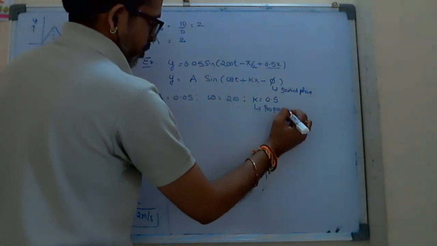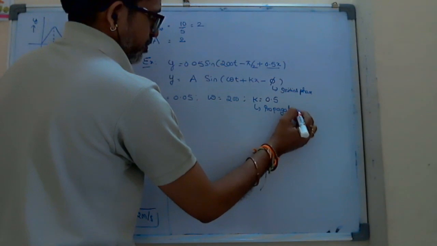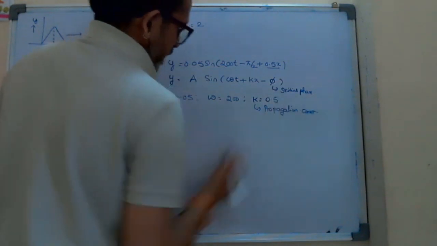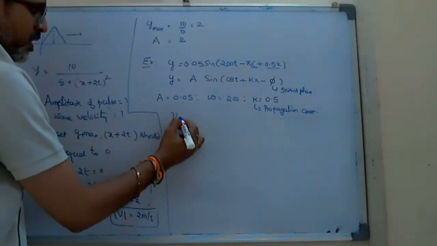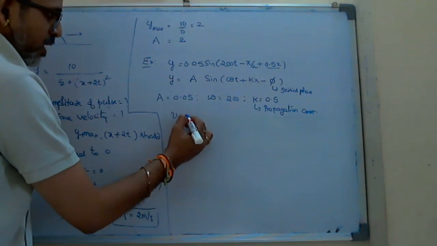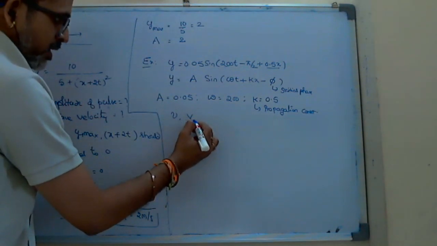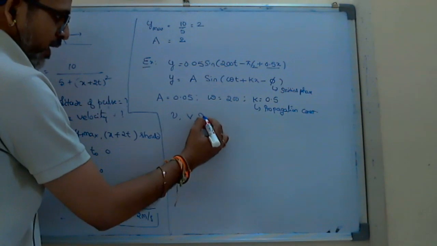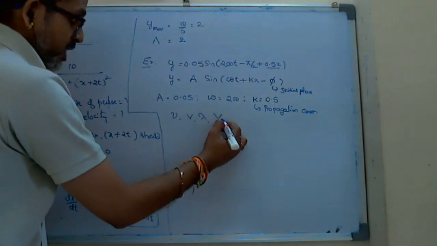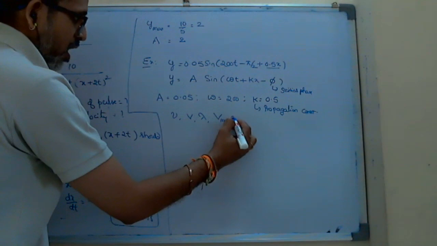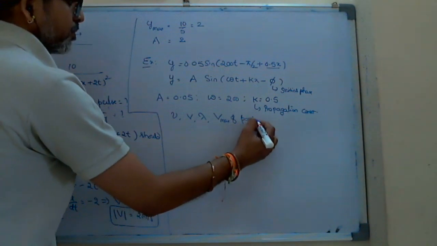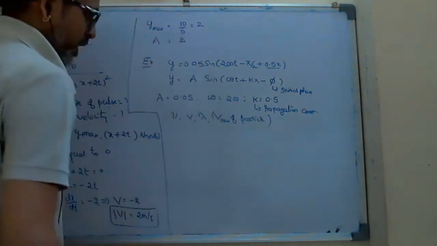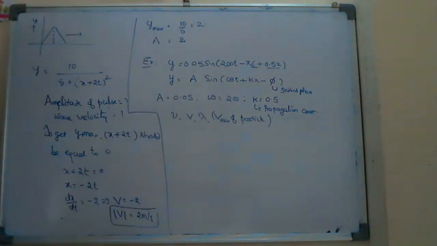Right. Now suppose I ask what is the frequency, what is the velocity of the wave, not the particle, what is the wavelength, and what is the maximum velocity of the particle. If I ask four questions here,